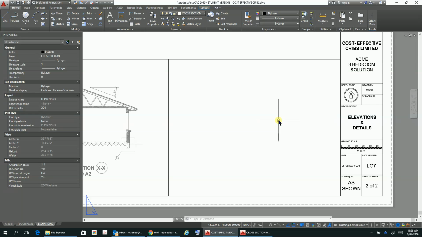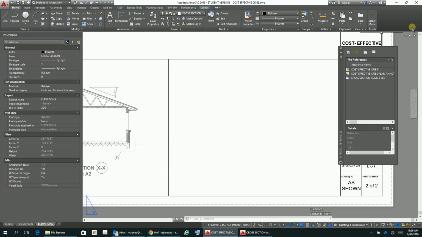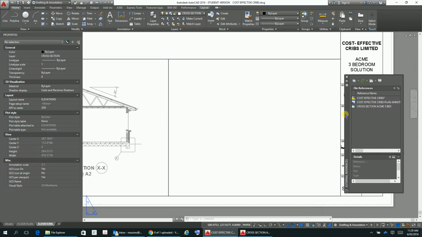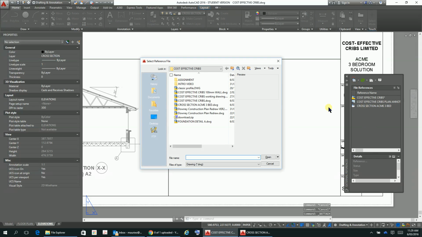Okay, let's get cracking. XREFS. Oops, that didn't go so well. XREF, there we go. And there's our little XREF thing up here. Just put that over there, like that. And so we're just going to add another XREF. This time I'm going to add the